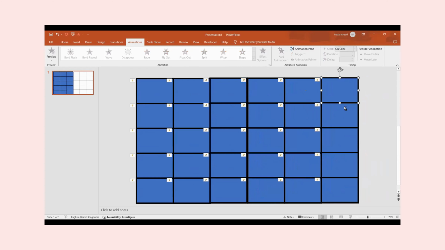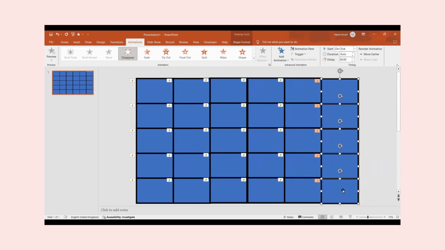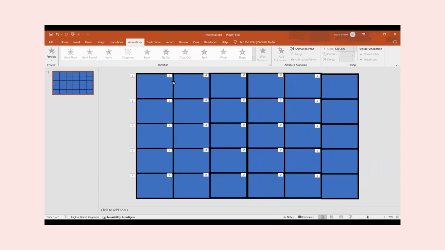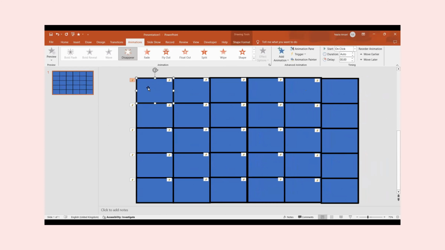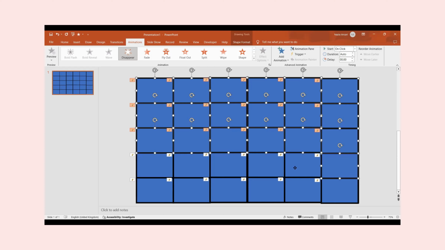We have got all of our rectangles. You might find the alignment of something is off and you can just go ahead and fix that. And then I'm going to click on the first rectangle, hold down Control and click on the rest. Remember, I'm not doing Control-A because I don't want to select the table that's underneath this. I only want these rectangles. Once you've selected them all, you go Control-X,